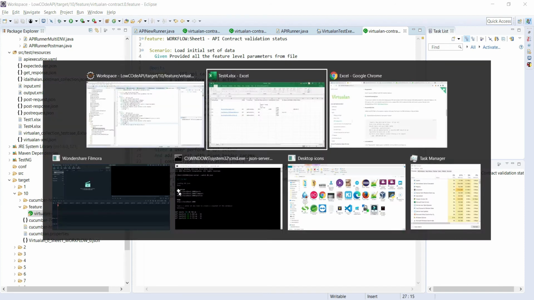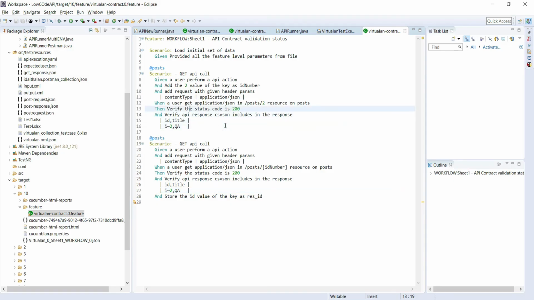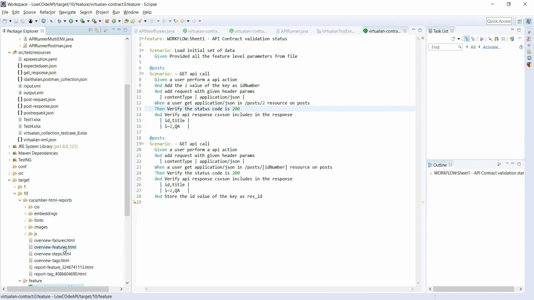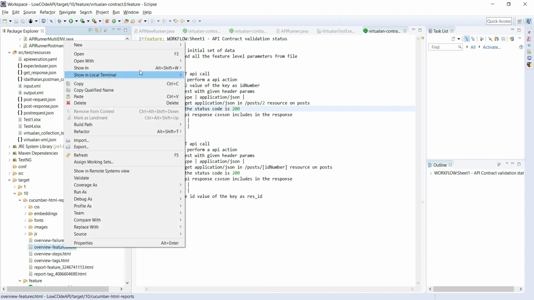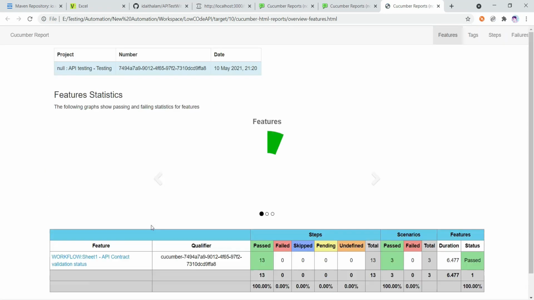So it has been run here. Let me open the HTML feature file, and we will see the report here. You can see 13 steps have been passed.